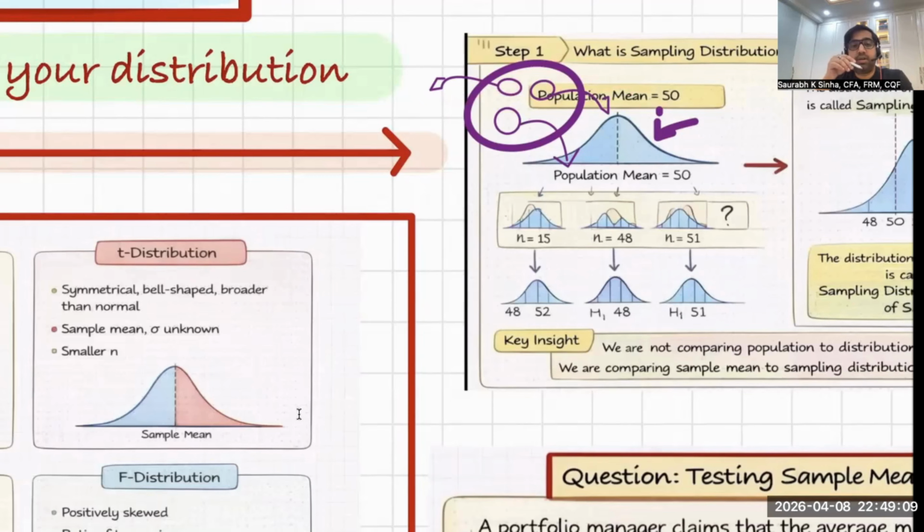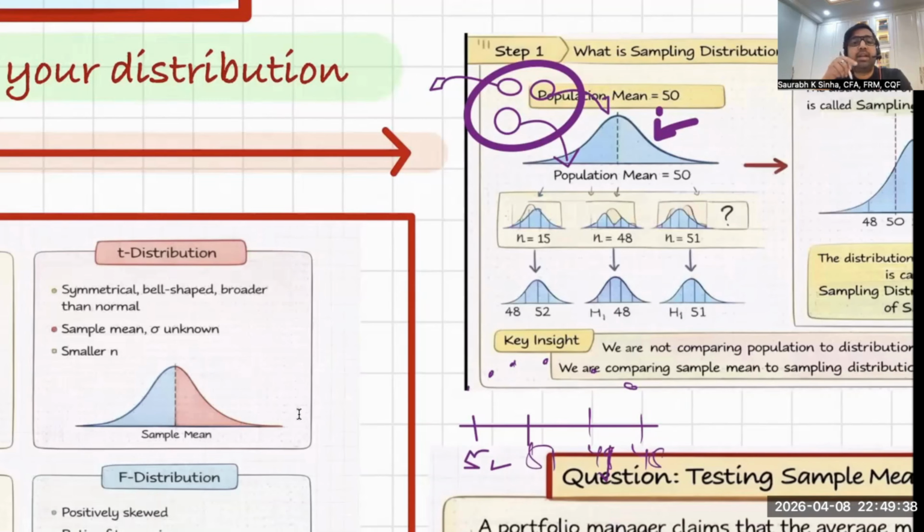And if you plot the frequency or probability of all these sample means, for example 52, 51, 49, 48, and their frequency of occurrence,